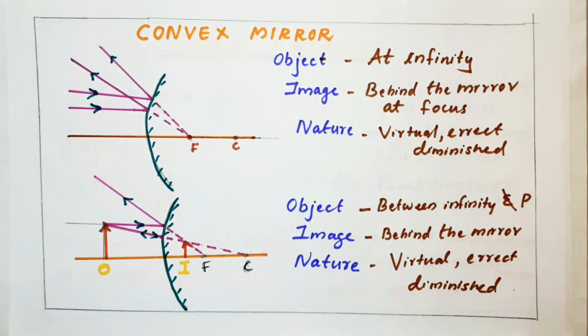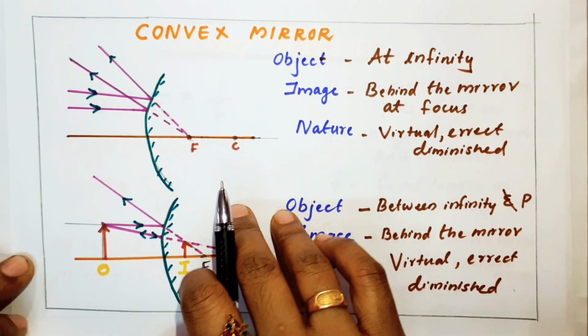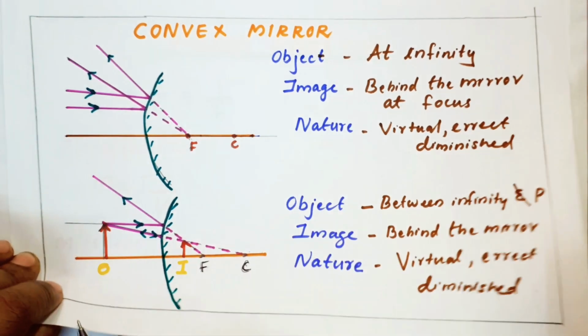So now I want to relate the three types of mirror virtual images. In a plane mirror, we get a virtual, erect and same-sized image. In a concave mirror, we get a virtual, erect and enlarged image. But in a convex mirror, we are getting a virtual, erect and diminished image. So that also they can ask for in the exams. In all three cases, we are getting virtual, erect images, but the difference is the size. Plane mirror, the same size as the object. Concave mirror, an enlarged one. Convex mirror, a diminished image.